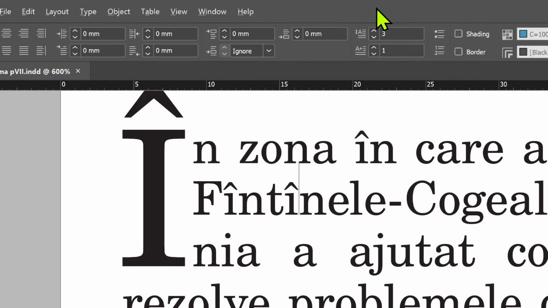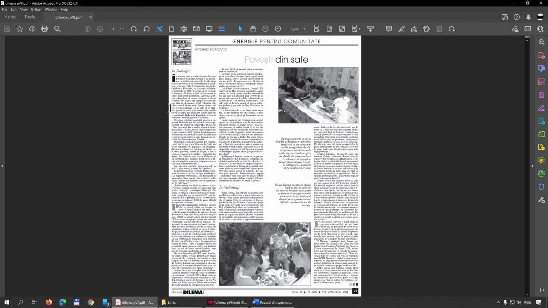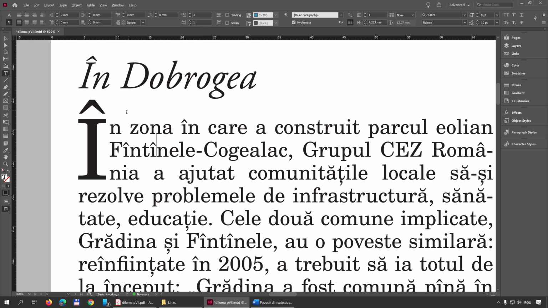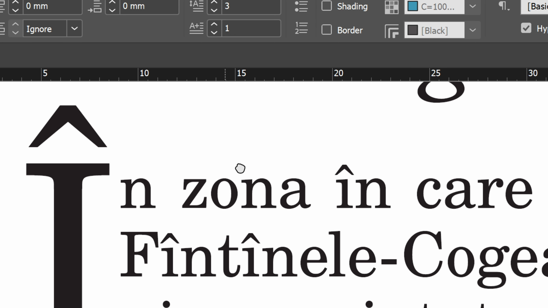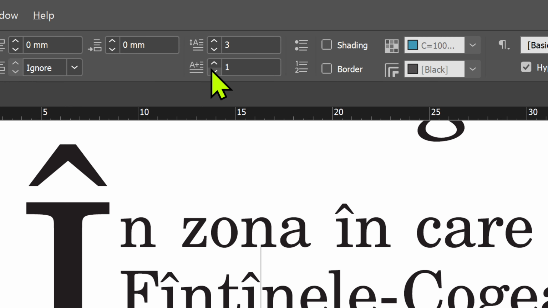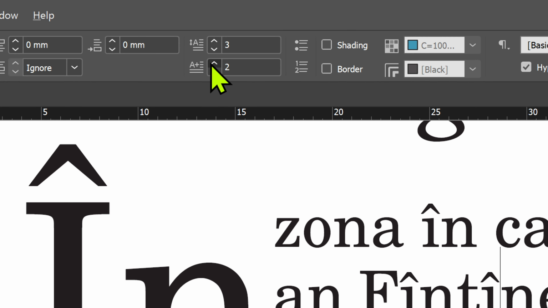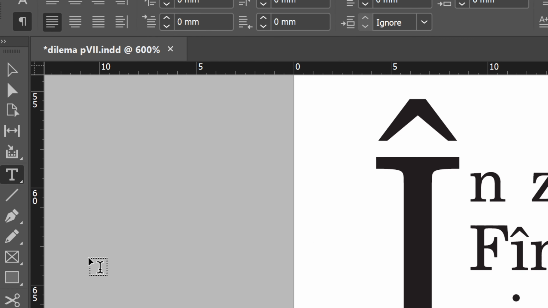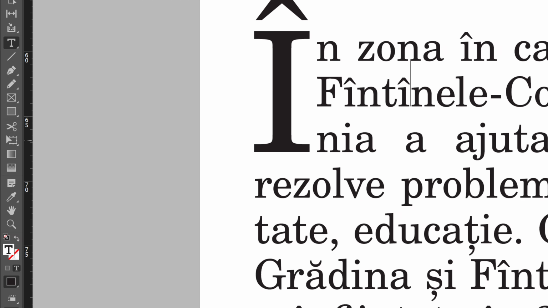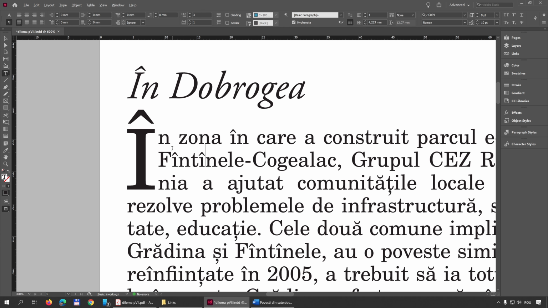Let me quickly compare. Yes, these are 3-line drop caps. The other setting there controls how many characters at the beginning of the paragraph should have this effect applied to. So we can apply this to several characters, but we only want 1 at this point. So this is basically all that we need to do to get that effect, but we also need to change